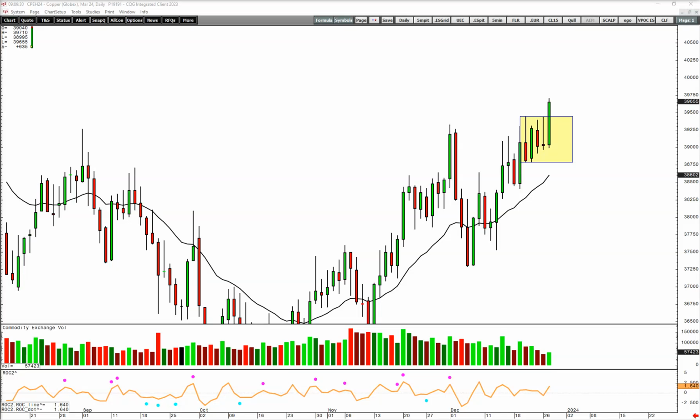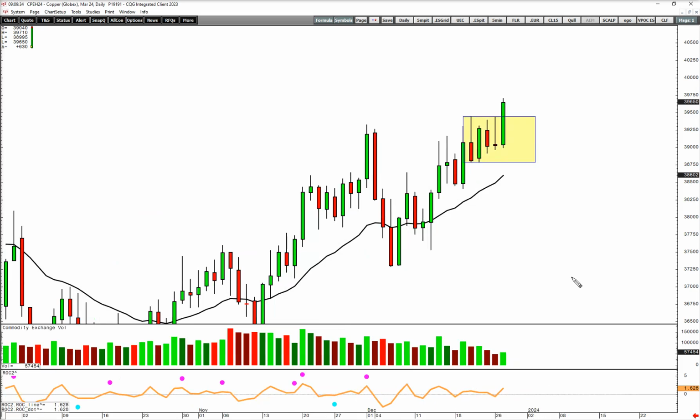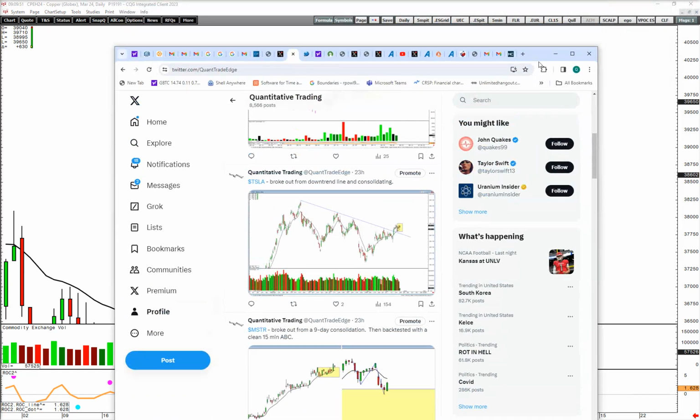It's Quant Trade Edge, and today I was going to take a look at copper. It's a holiday week, so things necessarily aren't moving that well. Just caught a nice easy Forex trade on copper, so I'm going to call it a day and just wanted to document the trade. So one thing I want to draw your attention to is on Twitter,